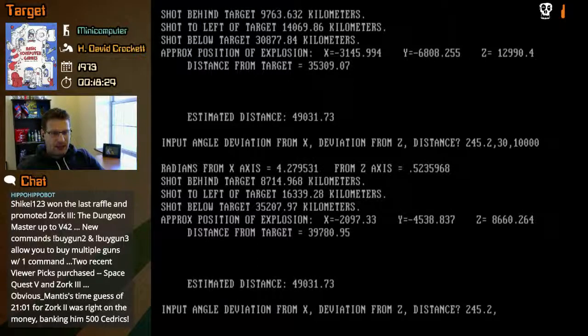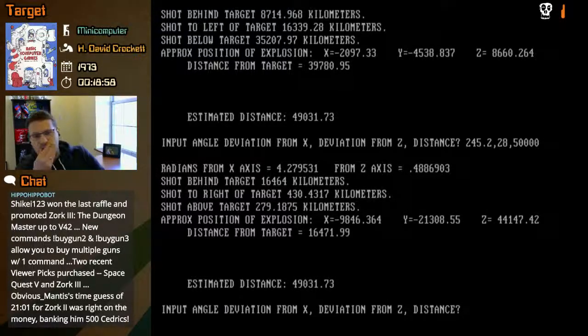Oh, I see. We may have to map that relative. Oh, well. Are the positions in terms of kilometers? Maybe they are. It could be, in which case they're telling us we were to the left of the target 16,000 kilometers. So we want X to be positive 14,000. Is that what you're telling us? No, that's not right. So I can't make that connection either. Maybe because the Z is so low that...